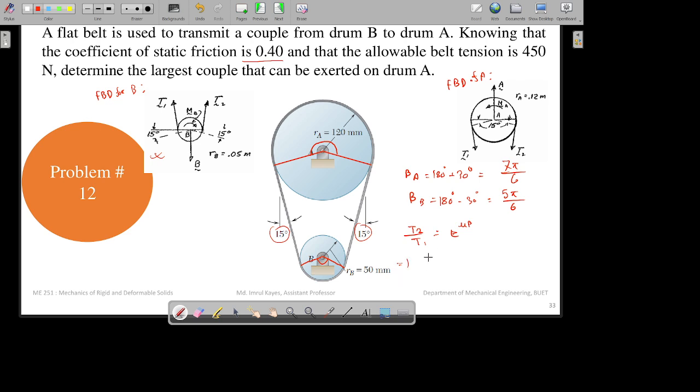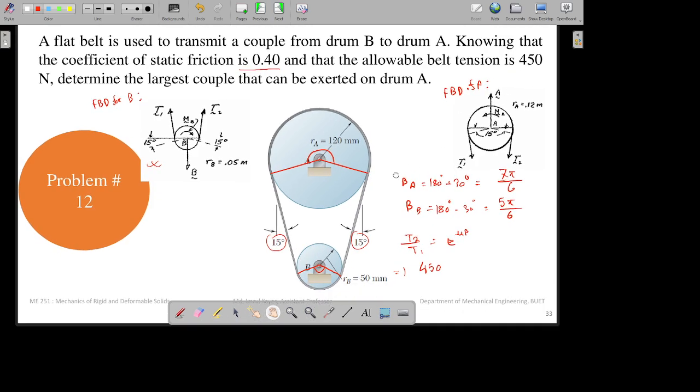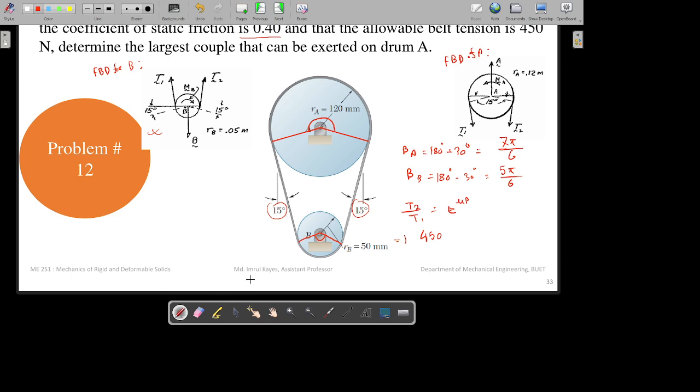The value of T2 is 450, so 450 equals T1 into e to the power 0.40 into 5 pi by 6. From that you can get the value of T1